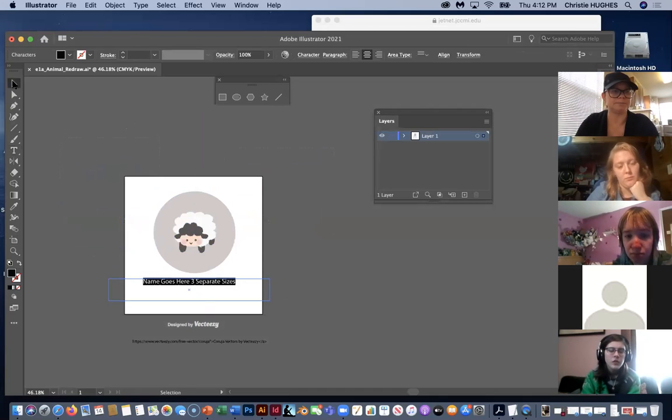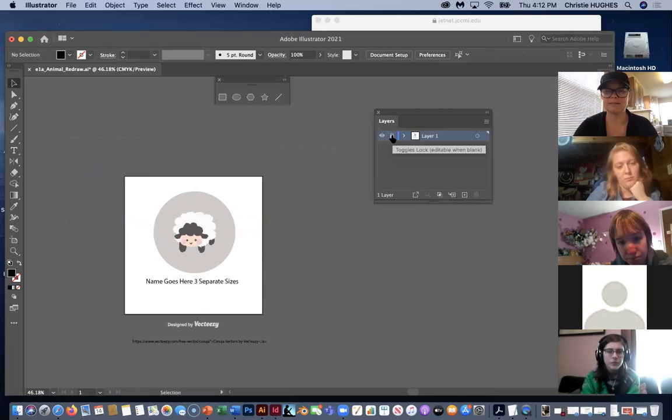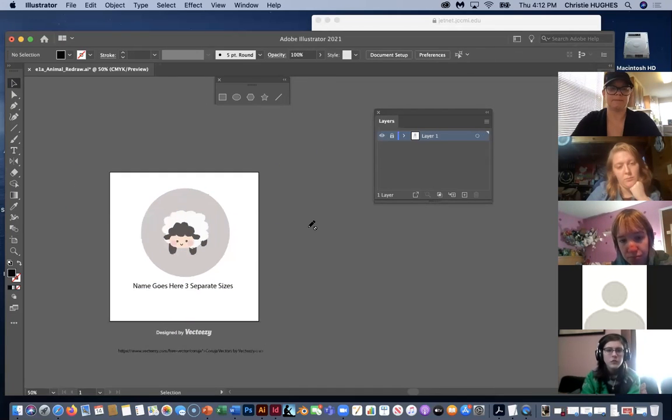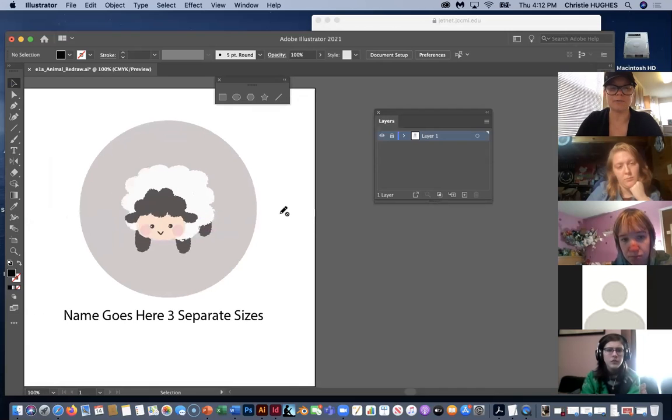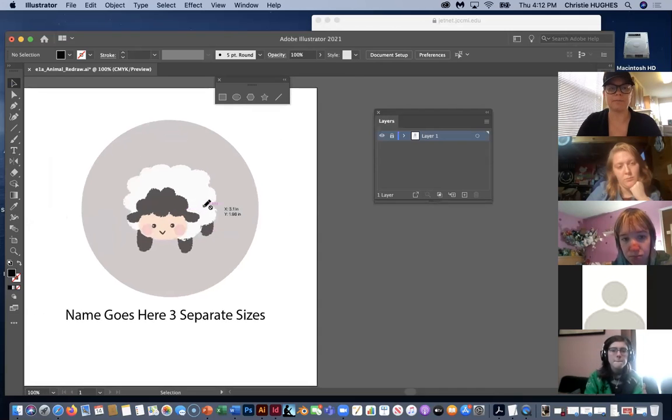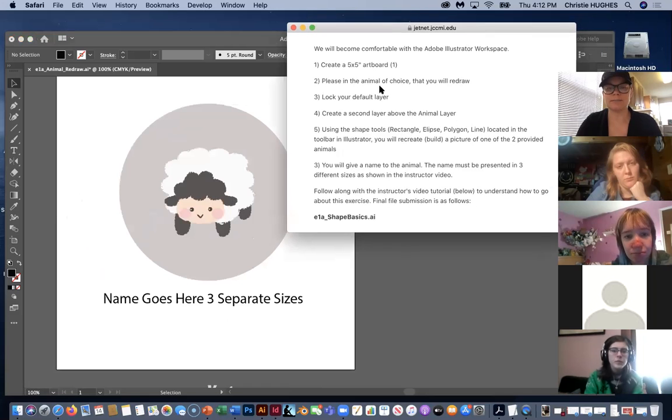I can shrink that down. Okay, so here we go. I'm going to lock this again, and now I can't really accidentally click on anything. Part of my instruction wants me to then choose the animal of choice that I'm going to redraw, lock your